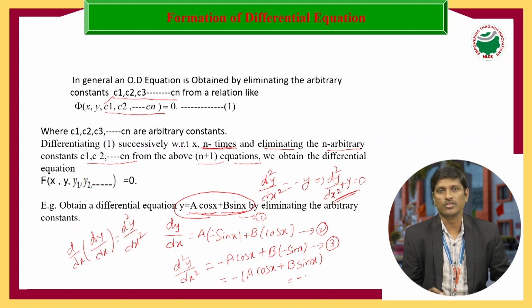So like this you need to solve this one. First you need to see the equation and identify how many arbitrary constants are in that equation. After identifying the arbitrary constants, you need to apply the derivative. However many arbitrary constants there are, that many times you need to apply the derivative. And next is simplification for elimination of arbitrary constants. Either you can use the determinant concept like that. Okay. Next,